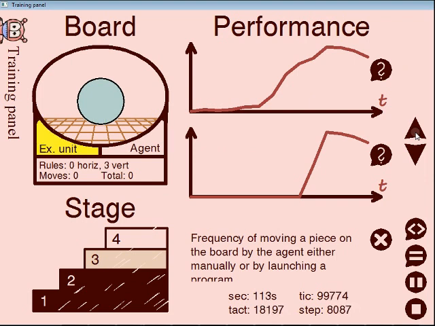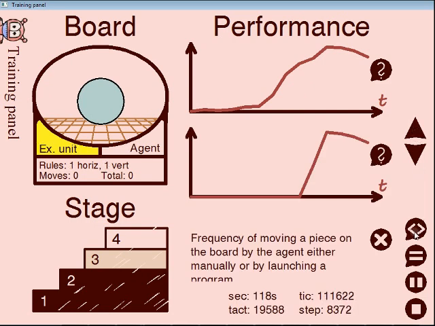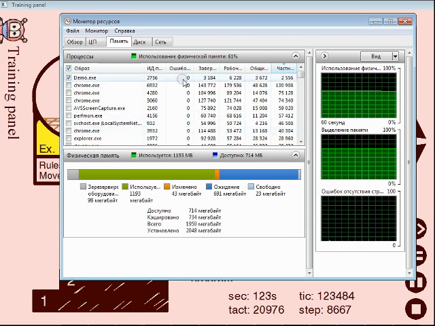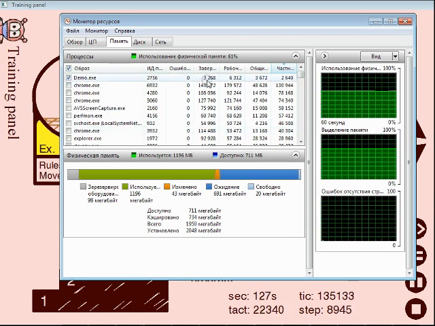and in the meanwhile I'd say that the agent is now running on a single core of 1.6 MHz CPU, and no other means of acceleration are used. And you see this process is using only 6 megabytes of random access memory, and it will not use much more when the training is complete.